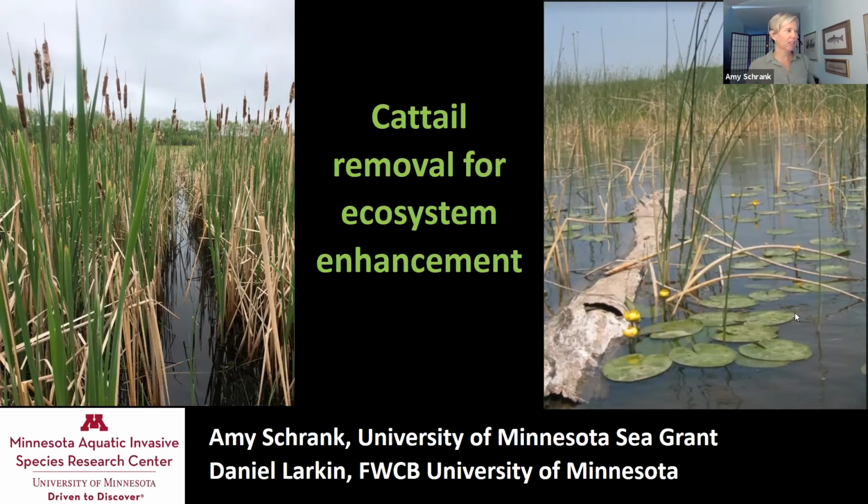So first thing to notice, if you look at the slide, the picture here where you can see my arrow is a nearshore zone dominated by hybrid cattail. You can see how dense that is. And to contrast, the other picture with the log is a nearshore zone that's dominated by native vegetation. So we're going to talk about these differences a little bit today and how it affects fish and plant communities.